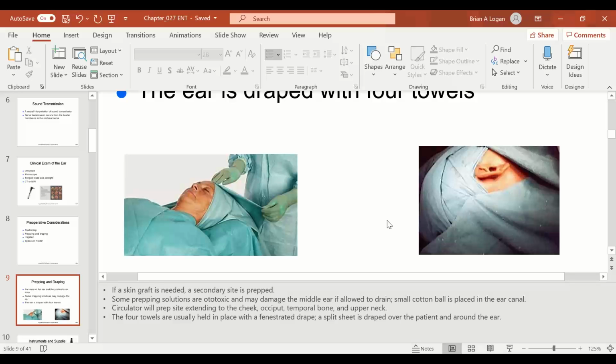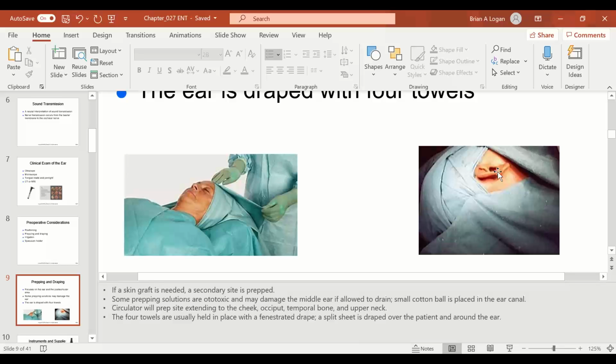Post-auricular incision. Oh, yes, betadine cannot get into the ear canal. Betadine is toxic to the eardrum. It'll degrade the eardrum. You'll lose your hearing. Not good. Not good. So what they typically do before they prep is they're going to put a cotton ball